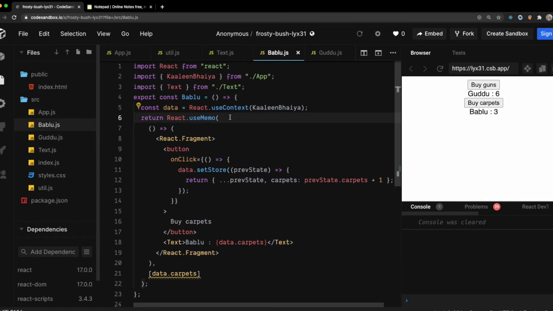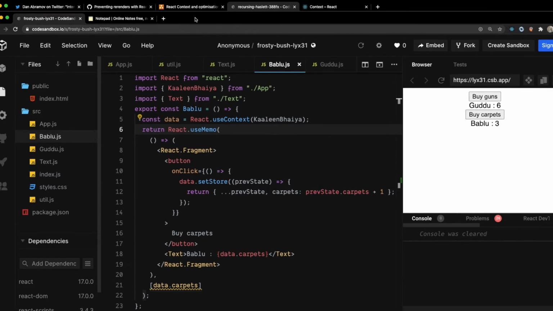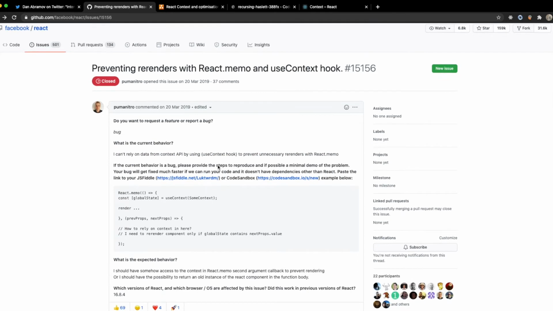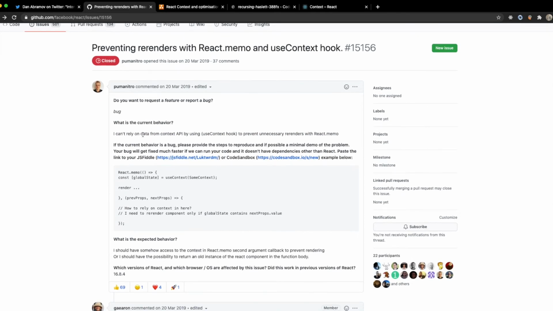So now let's try to understand a new secret API of React context, right? That is the use of bit masks to control this. So let me come to the old React issue over here, right? This is what this guy was trying to do, what we just did. He's trying to rely on the data from the context API by using useContext, okay?